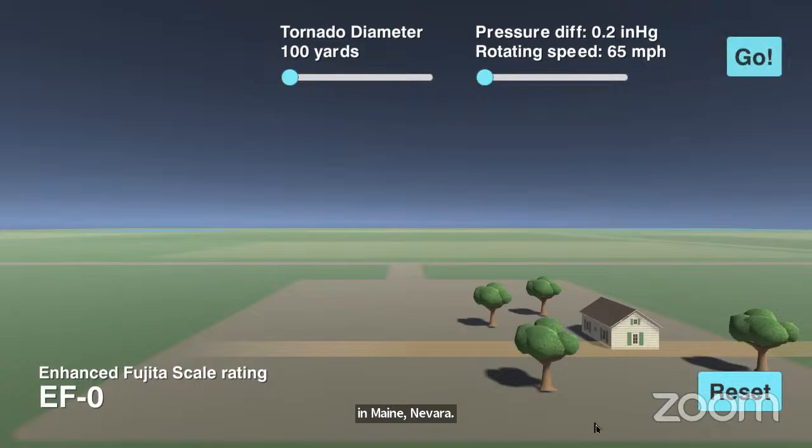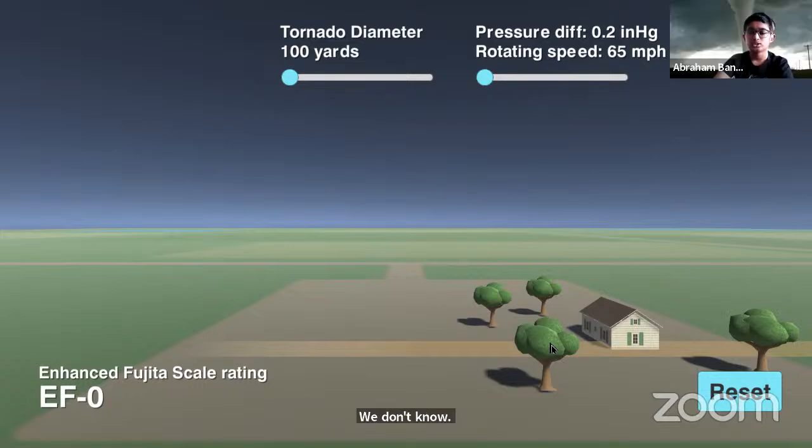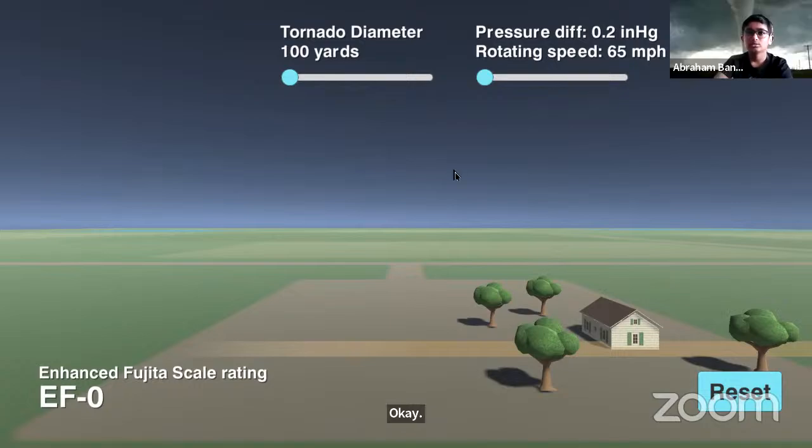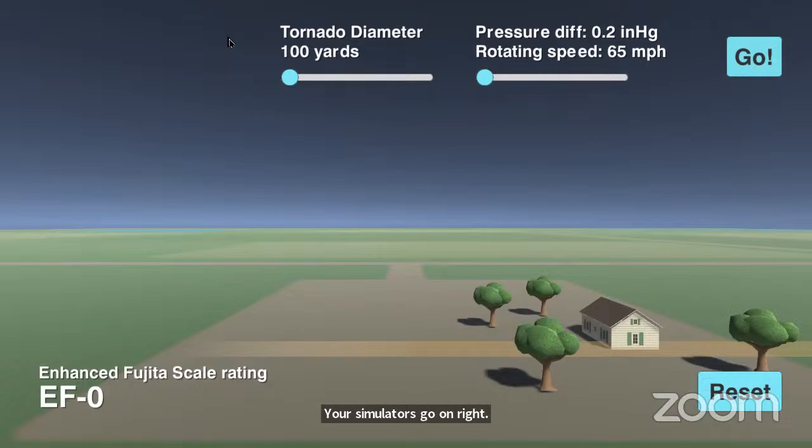Abraham, can you show the presentation? Abraham? Ma'am, I can't. Your simulator is going, ma'am, you all can't see. I can see the simulator, Abraham. Can you take us to the presentation part?